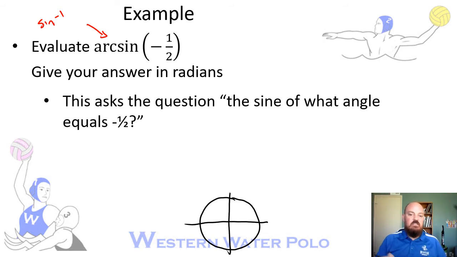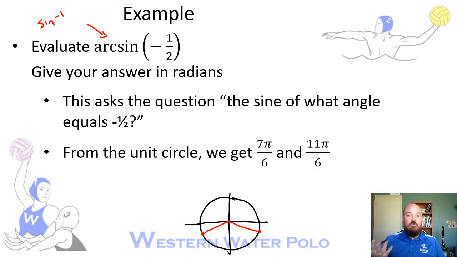And then the way I like to think of it, the same thing I just did for cosine. 1/2 is the smallest value on the unit circle. So if you start at the middle, it's one angle down on each side. So my answer could be right here or right here. Those are the two places where sine equals -1/2, because it's down for negative and down one tiny little piece for the 1/2. So I found my two angles. Remember, in the directions I asked you to answer in radians. So what we get is 7 pi over 6, that would be the one on the left there, and 11